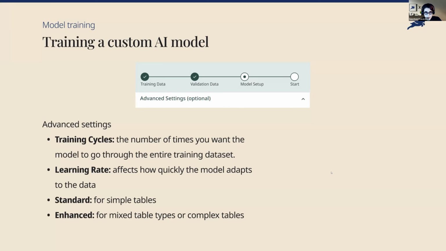In any case, if you want to have a look at them and modify them, the settings that you can modify are the training cycles, which are the number of times that the model goes through the entire training data set. I think by default it is set to 5,000 training cycles. You can increase it up to 15,000, but it makes sense to increase it only if you have a lot of ground truth pages. Like if you have, I would say, more than 500 pages of ground truth, in that case, increasing the training cycles makes sense and could